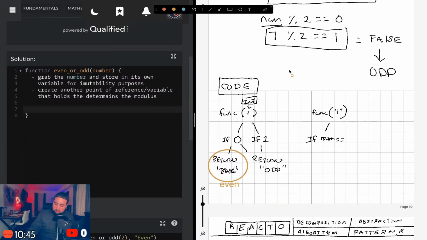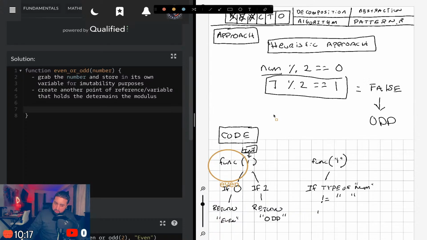I don't want to assume. So if type of num does not equal a string, something along those lines, then return not a number.